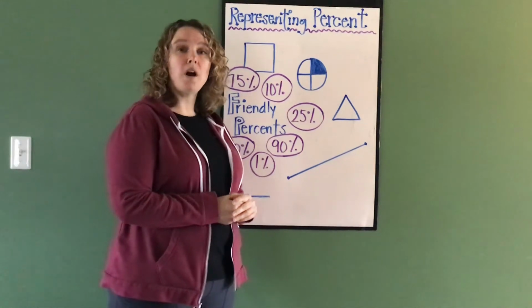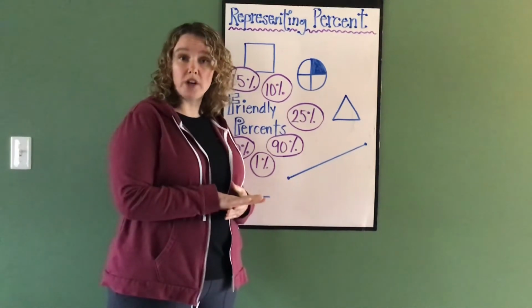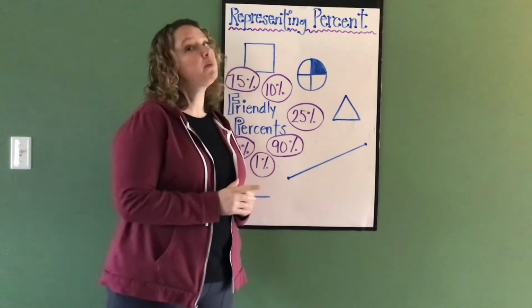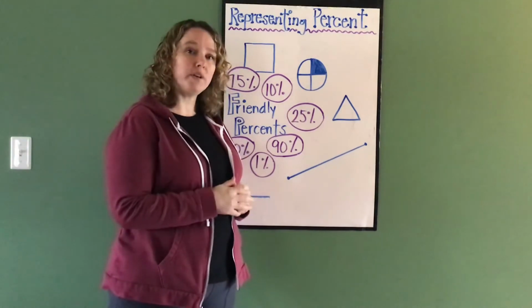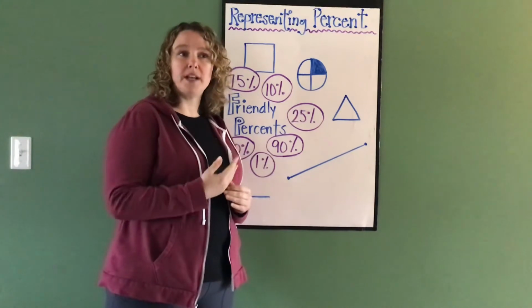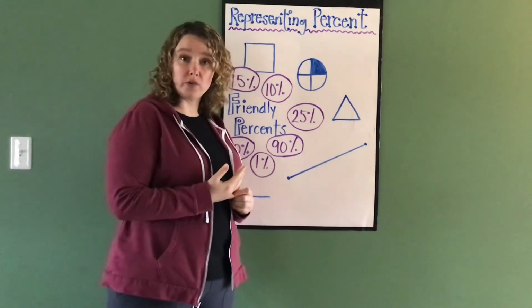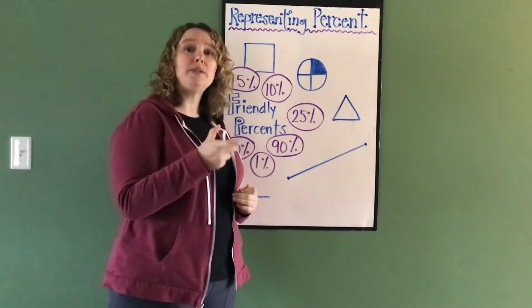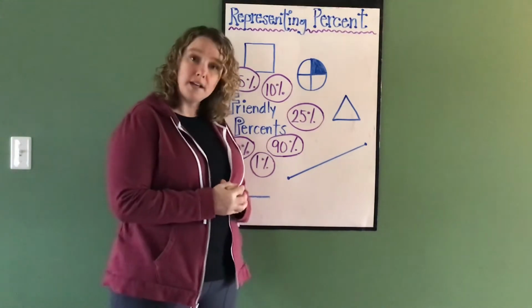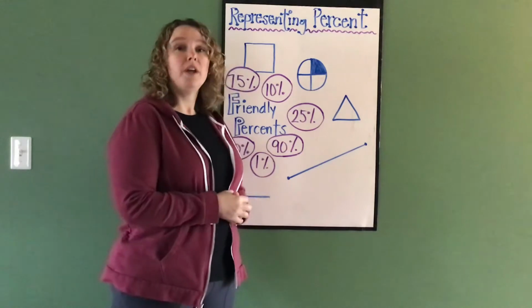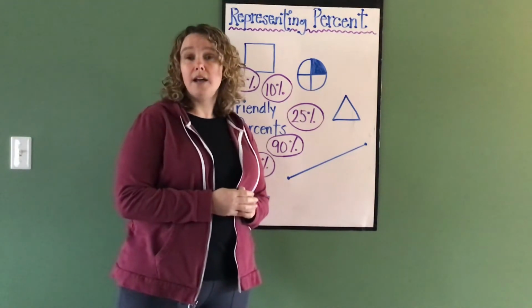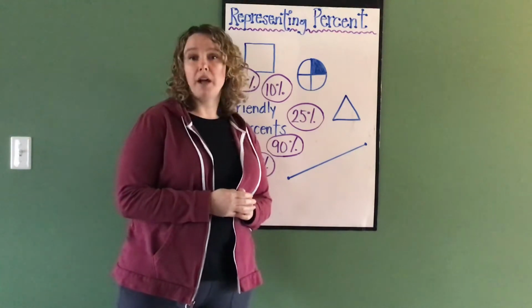Hey guys, so last video, I talked about percent, and I talked about showing a percent as a single number with a percent symbol right after it. I also talked about how a percent is a fraction out of 100, and a percent as a decimal number with two decimal places after the decimal because it's out of 100, so those are the hundredths. So today we're talking about representing percent in a diagram or a number line,